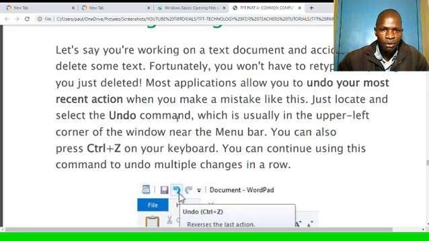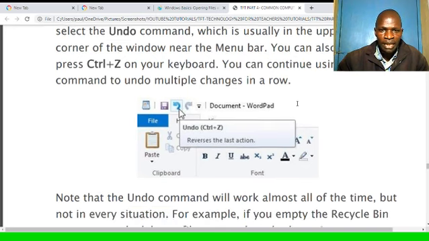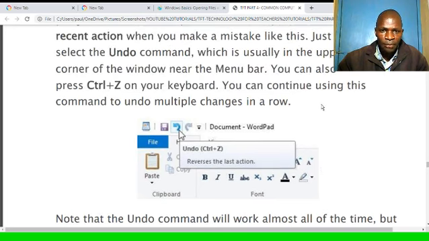So there is what we call the undo command, which is usually in the upper left corner of the window near the menu bar. You can also press Ctrl plus Z on your keyboard. This is a shortcut. You can continue using this command to undo multiple changes in a row, so you can undo several changes that you did previously.